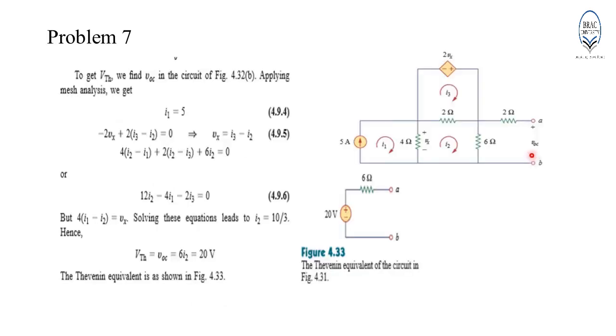To determine the open circuit voltage VOC, we apply mesh analysis again. VOC is basically the voltage drop across the 6 ohm resistor, which is this one, because this branch and this branch, A and B, are floating points. Hence, no current will flow through this resistor. The voltage drop across this resistor is 0. By solving these linear equations, we determined V Thevenin or VOC to be equal to 20 volt. The final step is to draw the